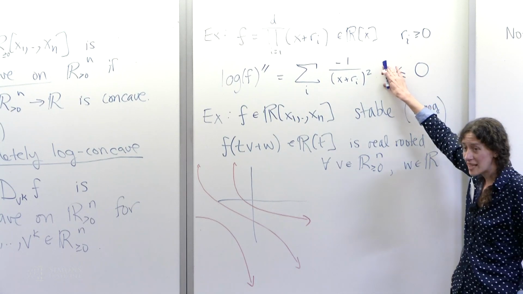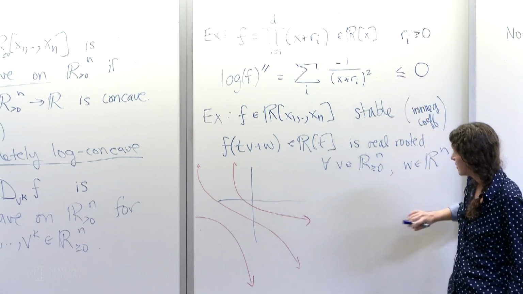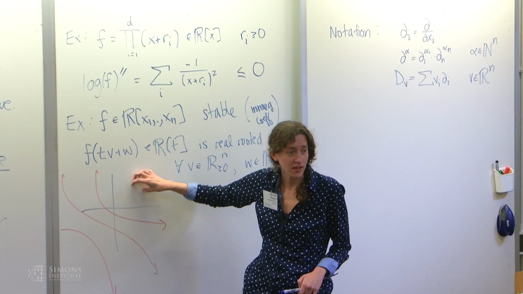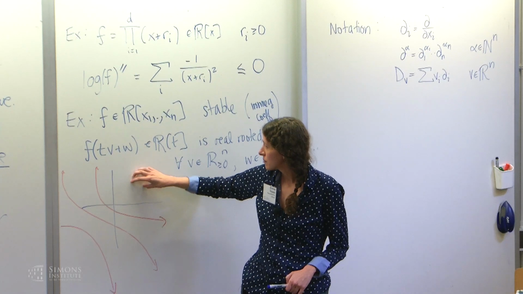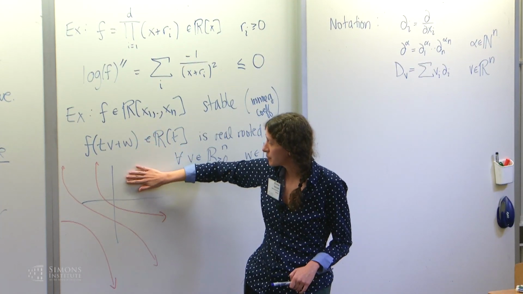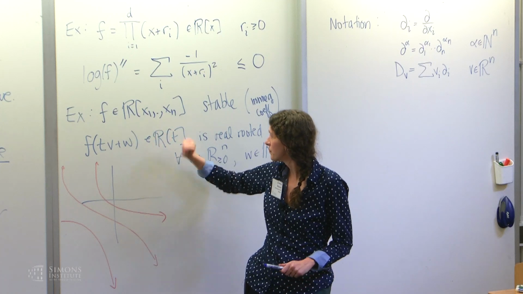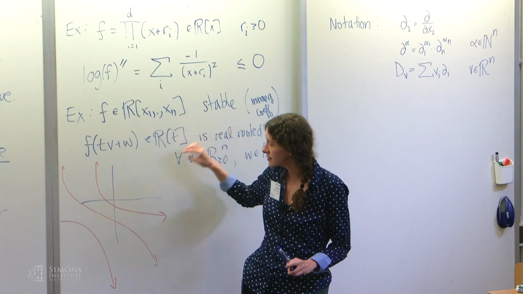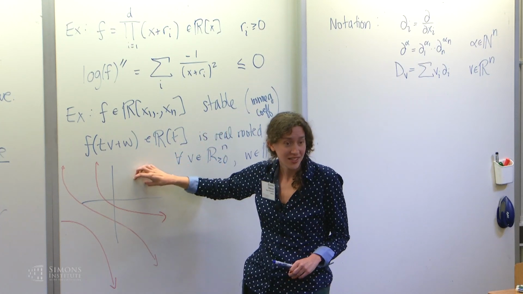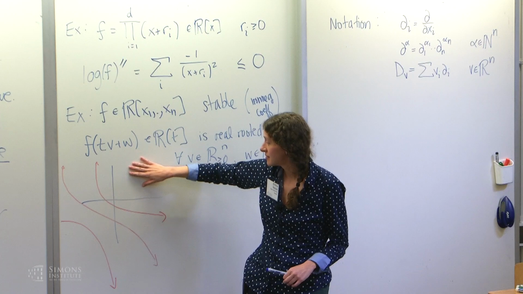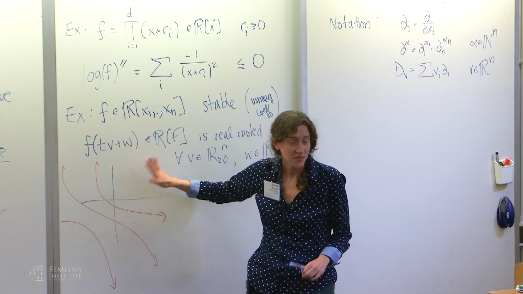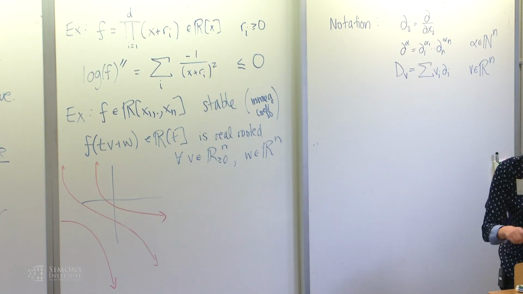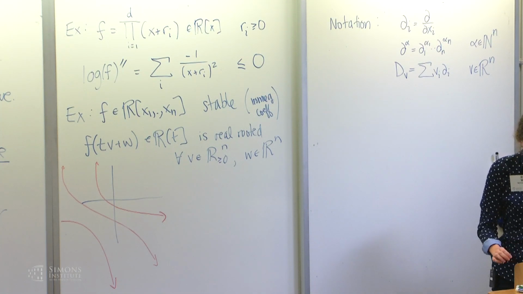And sort of for the same reason, such polynomials are log concave on the non-negative orthant. And it's interesting because these were studied first by a very related class of polynomials called hyperbolic polynomials, studied by Garding for PDEs, and he actually showed that the log is concave on this region. So it has an interesting history that way. And so these are log concave, and if you take any derivative,